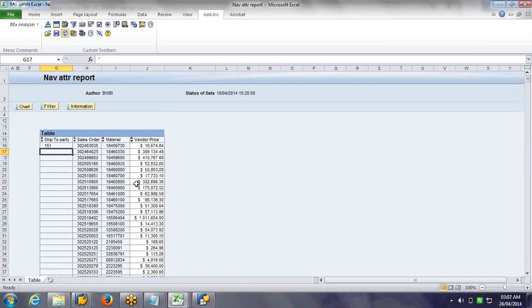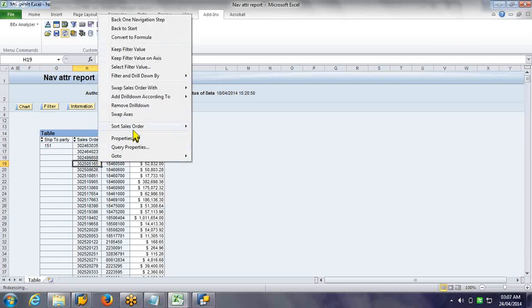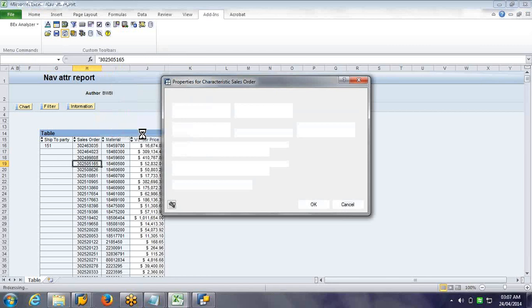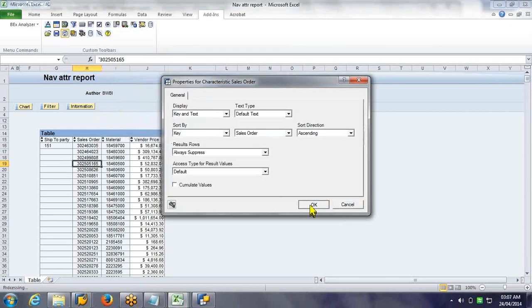Now sales order, even though we gave it as text, it is still showing the value only, because remember, if text is not available, it will show the key itself. You choose key and text, it will clearly differentiate and tell you.